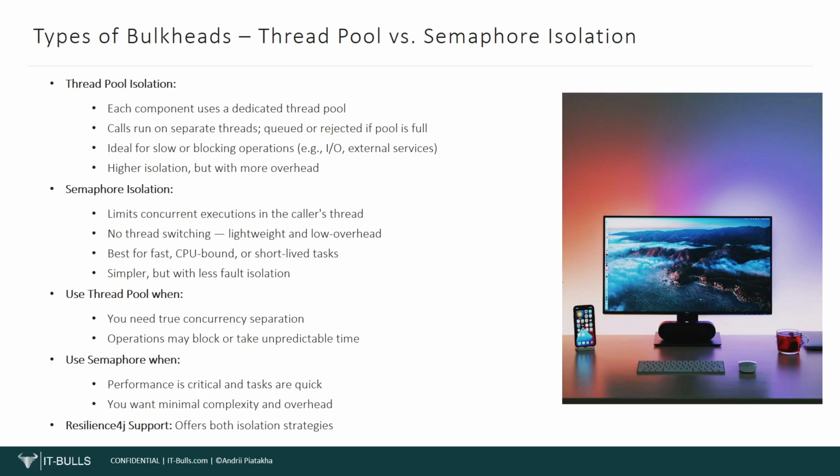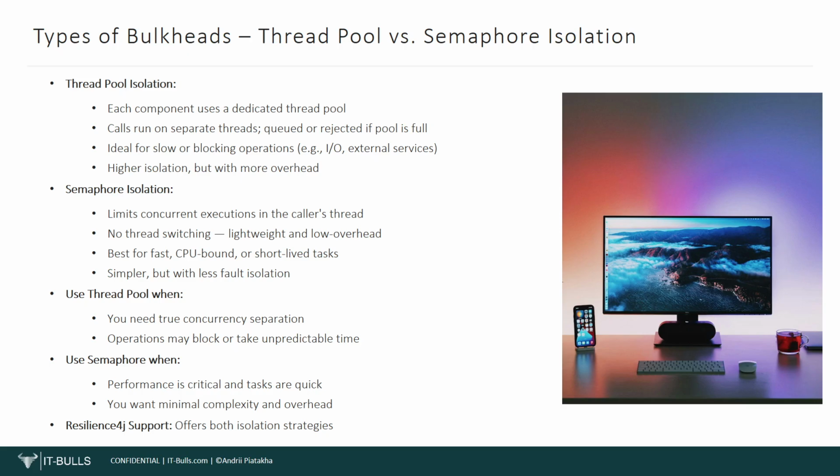It doesn't use separate threads. Instead, it limits the number of concurrent executions within the caller's thread. Think of it as placing a turnstile at the entrance of a method. Only a certain number of callers are allowed through at a time. If the limit is reached, new calls are either blocked or redirected to a fallback. Since no thread switching is involved, semaphore isolation introduces less overhead, which makes it suitable for CPU-bound or short-lived operations